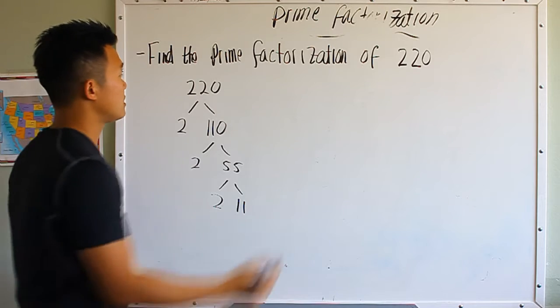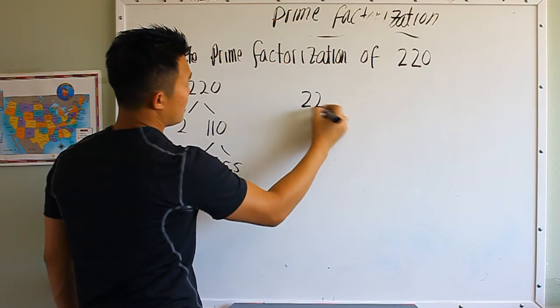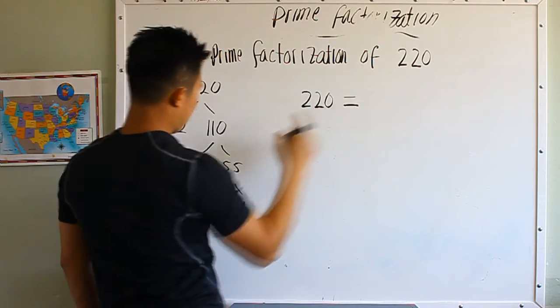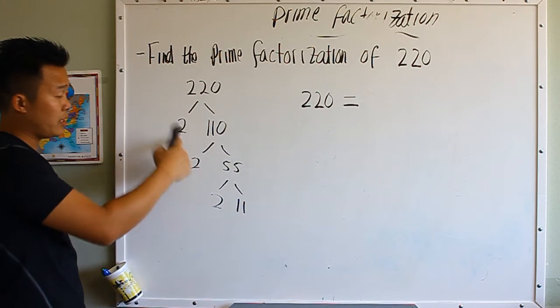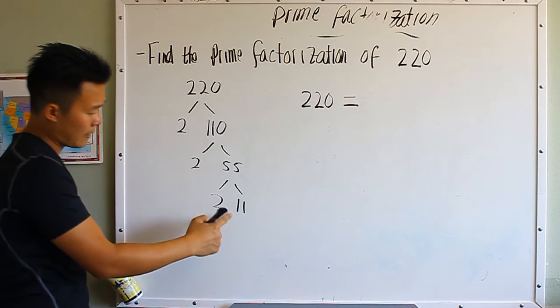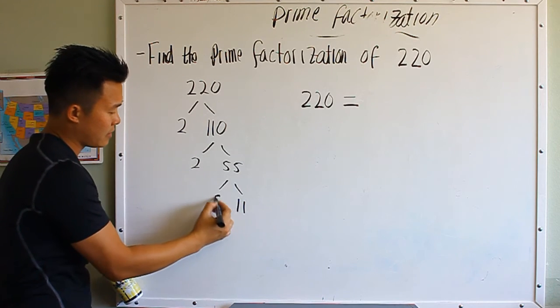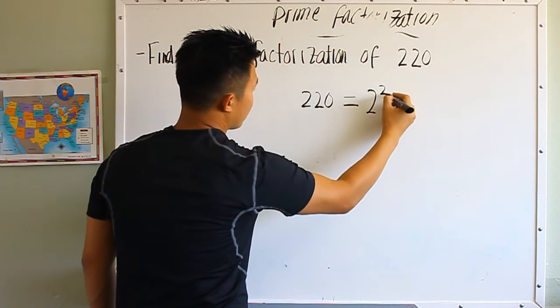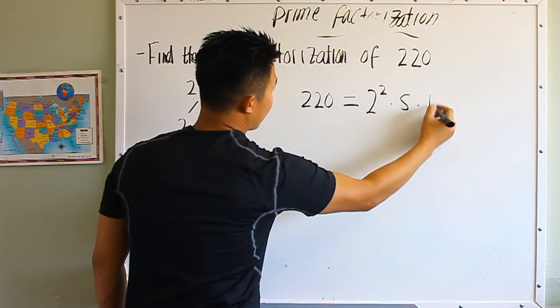So my process, you stop your process and you rewrite the number 220 as there are 3 2's. Oh, I'm sorry, this should have been 5 times 11. Okay, so there are 2 2's, so we go, oh, that's 2 to the 2nd power times 5 times 11,